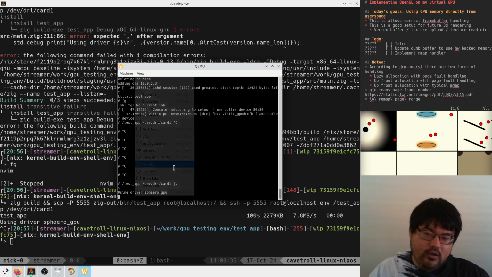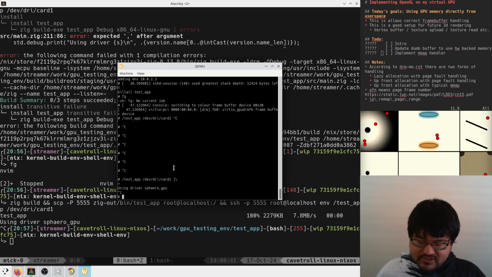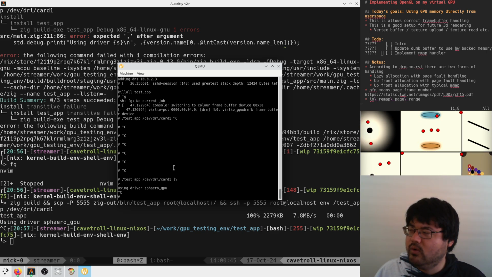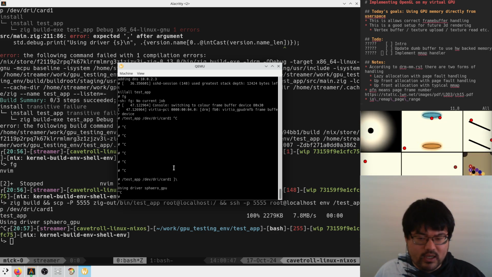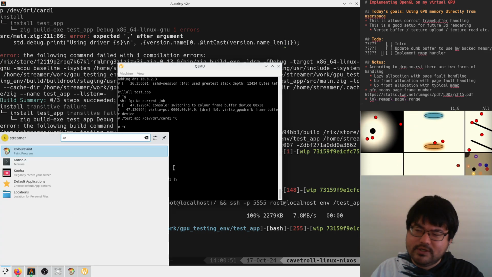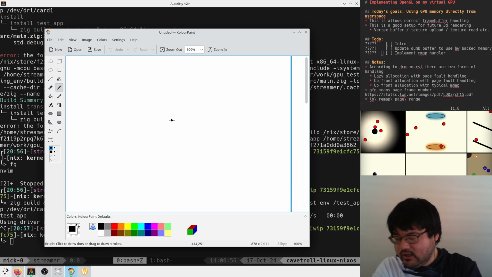Now, we've been working a little bit towards trying to get a 3D rendering context set up so that we can implement an OpenGL driver for this thing. And one of the things that we have to do when we're doing 3D is upload data to the GPU, right? And what we've been doing up until now in terms of GPU object sharing is we've been doing something along the lines of